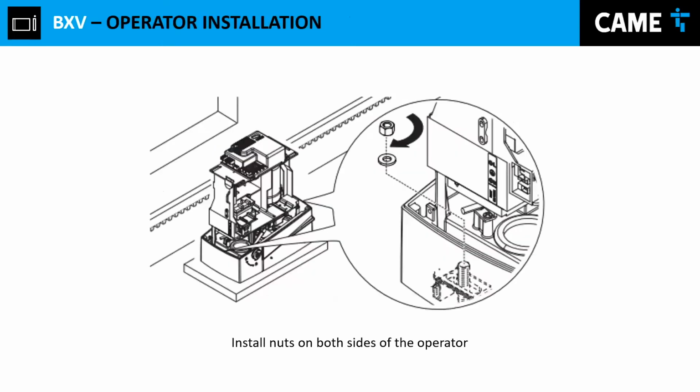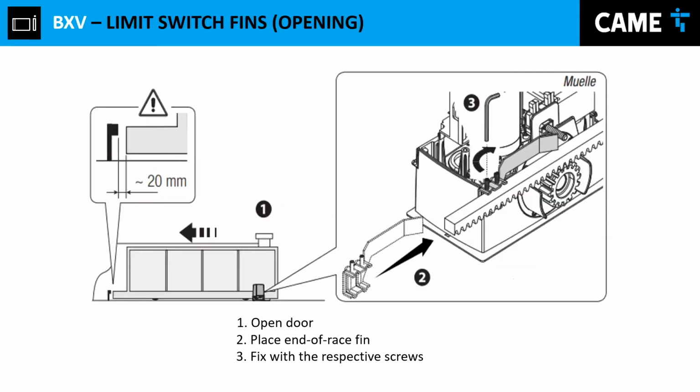Once you get your operator set up and properly aligned, you go ahead and tighten that up, and then the next step will be to install our end stops. Our end stop for the opening phase: basically, you open your gate completely. You measure about an inch, 20 millimeters or so, 2 centimeters, and right there you're going to place your fin for